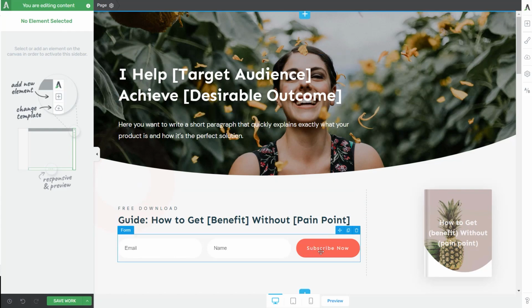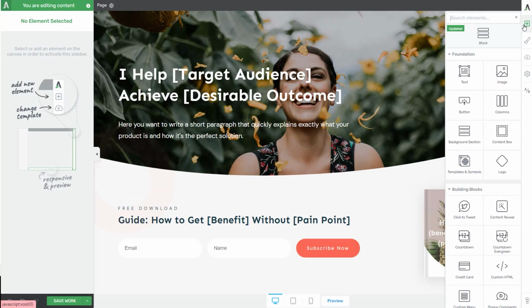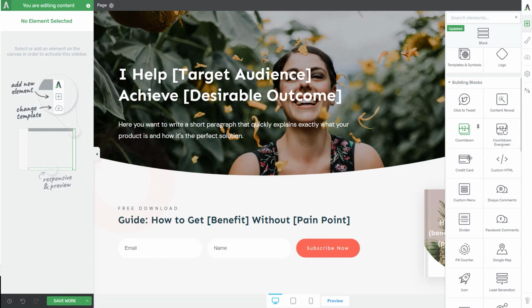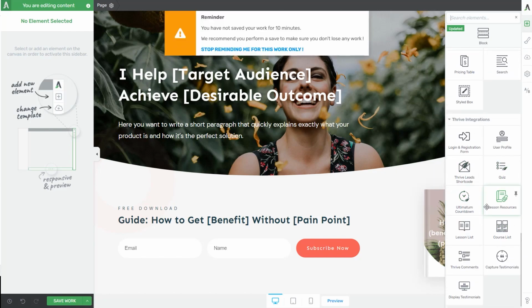So I've got my page opened right up on my screen, and I'll just click on this plus icon from the right sidebar to open the list of elements. Now these are the elements that you're going to use to actually build your content and your page. Right off the bat, you can notice that the elements are divided into several categories. You have here the foundation elements, the building blocks, Thrive integrations, and all of them can be used by you